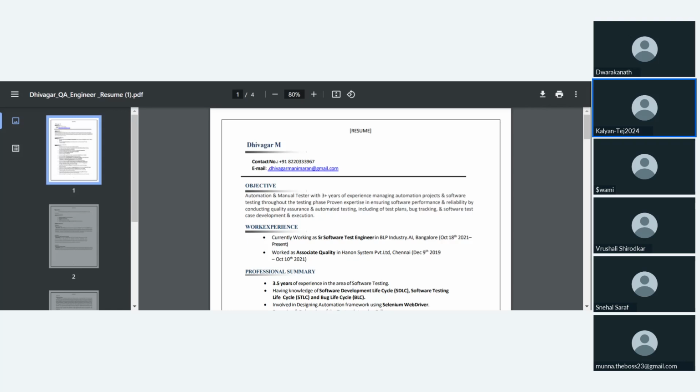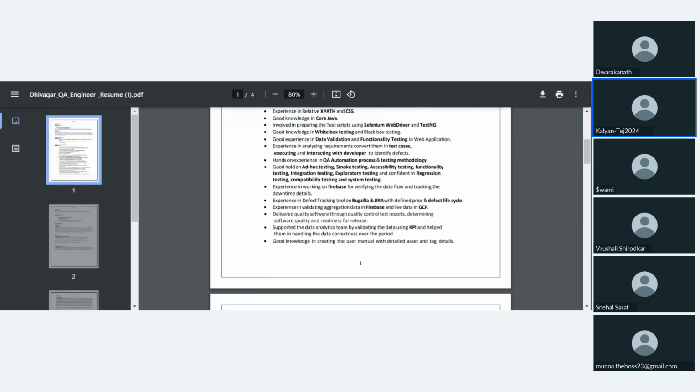So you can do one thing along with your manual project. This is something like a secret interview tip. It is not that you're faking anything. You have your manual testing project, right? If you are working on automation testing, how many projects have you worked on in manual testing? Say around 2 or 3 projects.